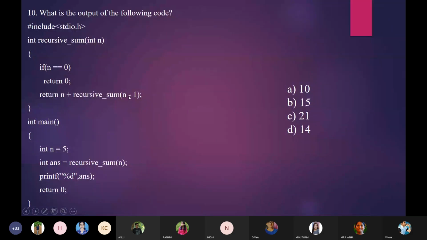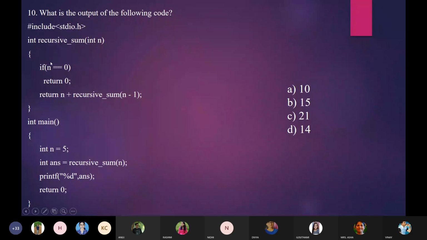Here comes 3, int recursiveSum of 3. Then if 3 equals 0, the condition is false. Therefore, the control comes here, return 3 plus recursiveSum of 3 minus 1 means 2. Then again call the function as recursiveSum of 2.